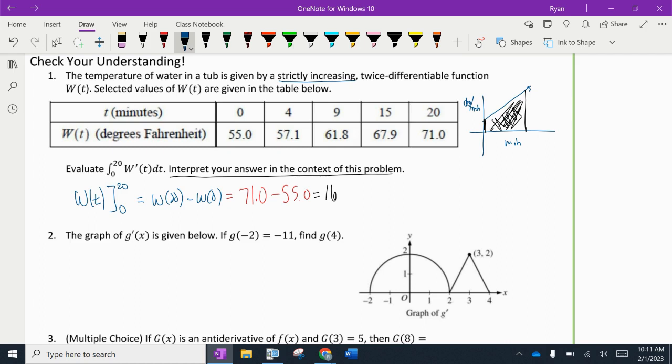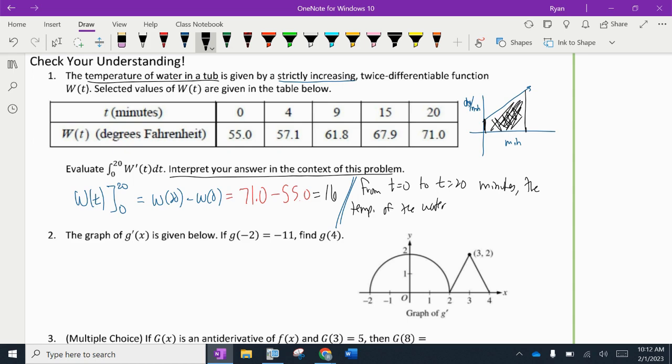Okay. What do the 0 and 20 stand for? What's the label on those? Minutes. So from t equals 0 to t equals 20 minutes, I'm interpreting. There's my interpretation of the 0 and the 20. What does W represent? Just the variable W of t, what does it represent? The label is in degrees. What does it represent? The water temperature. The temperature of the water